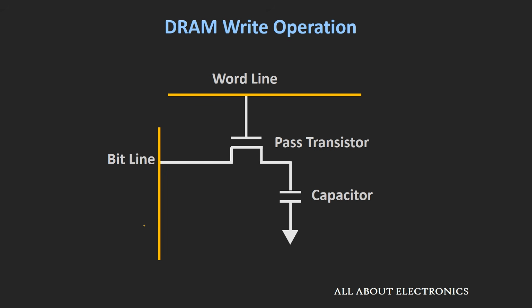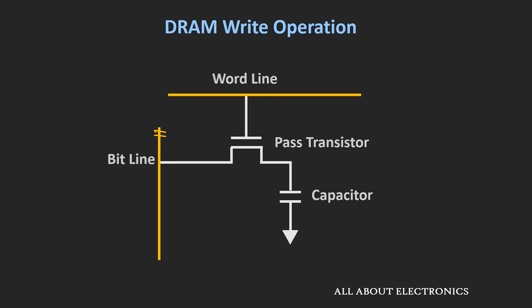So now similarly, let us see how the write operation is being performed. During the write operation, all the bit lines are pre-charged with some finite value, and for the particular bit line on which we want to write, the bit voltage is applied to that particular bit line. So let us say we want to charge this capacitor, then the bit voltage will be applied to this particular bit line, and after this pass transistor is turned on, whatever voltage is available at this bit line will be transferred to this capacitor, and in this way we can write on this DRAM. So this is how read and write operations are performed on this DRAM.